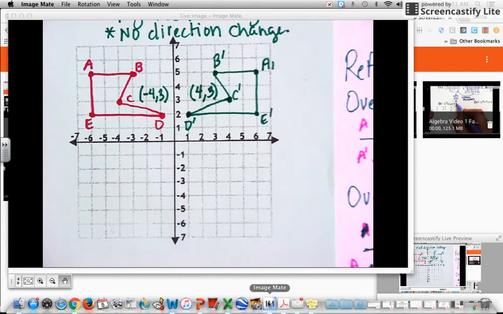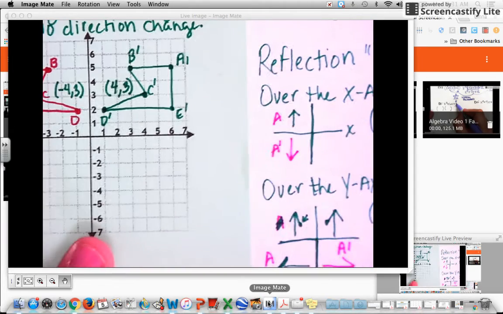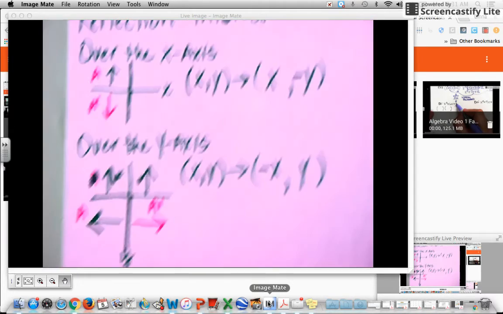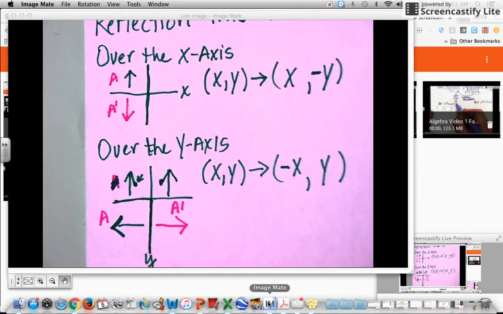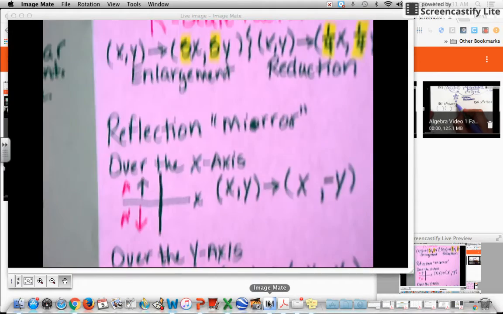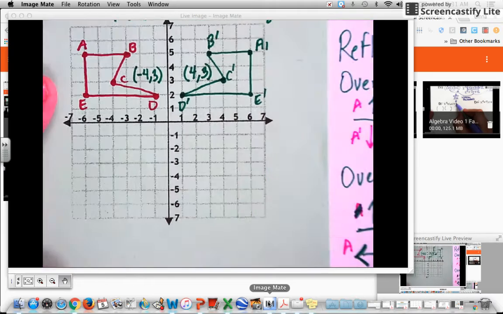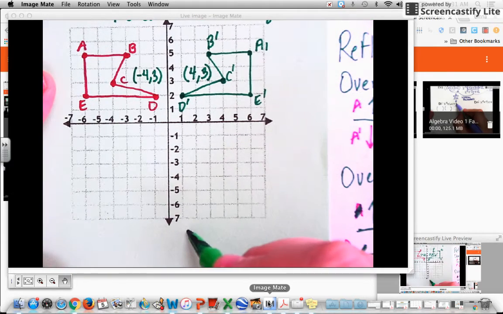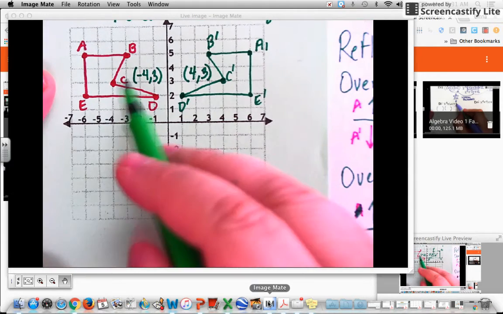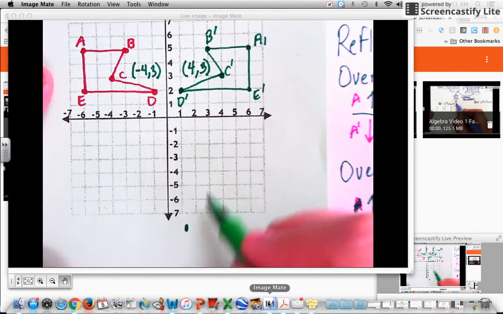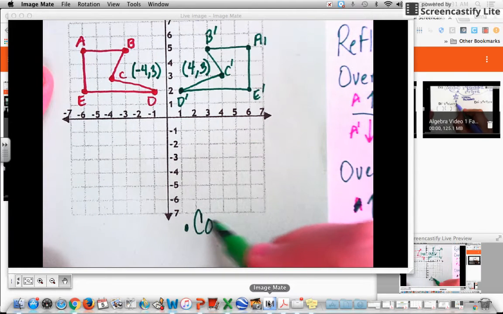Perfect. So we're done with reflections. So this is what you need to know about reflections, because tomorrow when you do a quiz, it's going to be about reflections, dilations, and translations. So before we move on to this one, are the shapes still congruent? Did the size change? Did the shape change? No. So we know that these are congruent